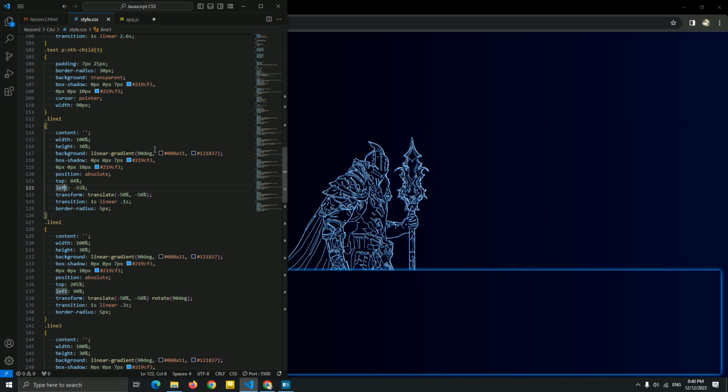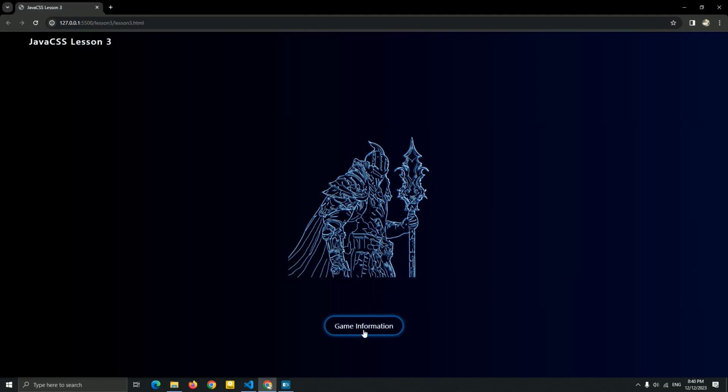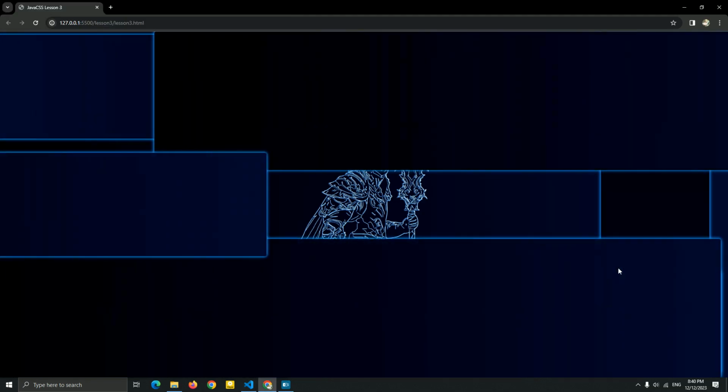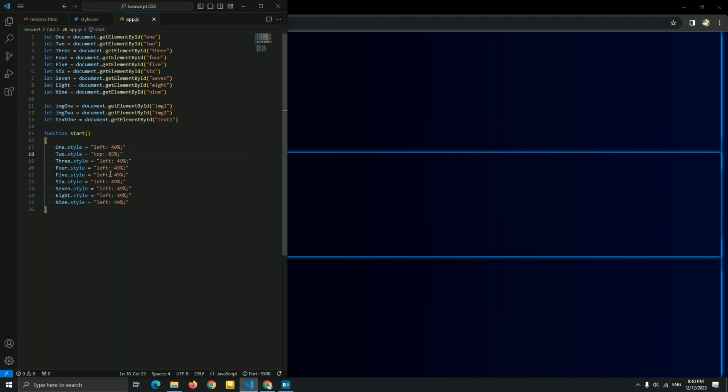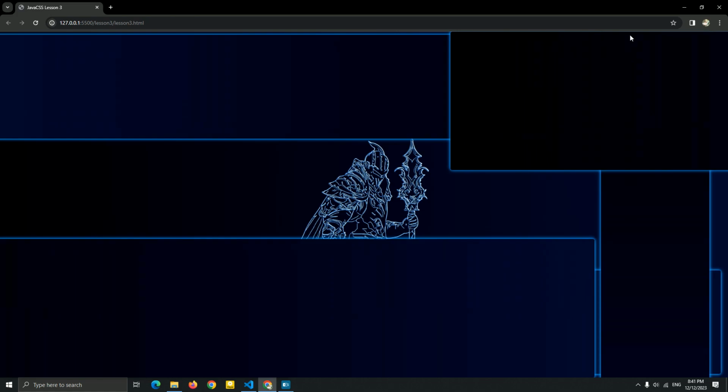Now for the line 2, I'm sorry. Now for the line 2, we have this top, which is here in the bottom. I want to be here, right here. So what we need to add here for the top, I'm gonna add a top 85. I think this is good. Let me just add a top 85%. And we're gonna see it the next line. This is the first line. Oh, I'm just at the left for this. I'm sorry, guys. Yes, this is the first line and this is the next line. So you can see it.